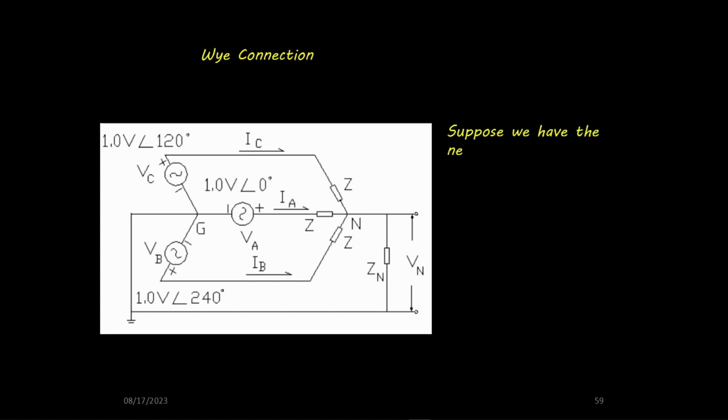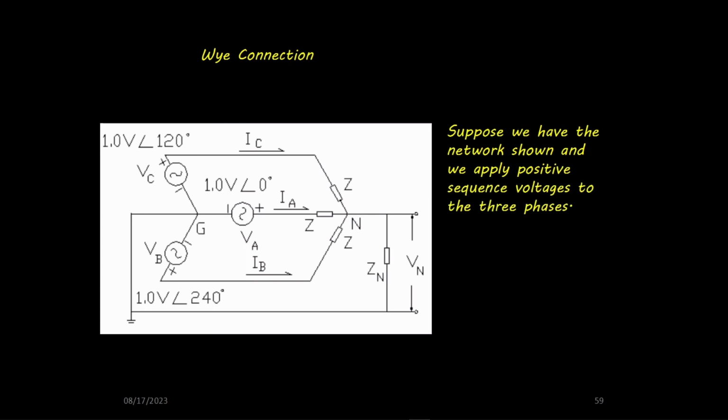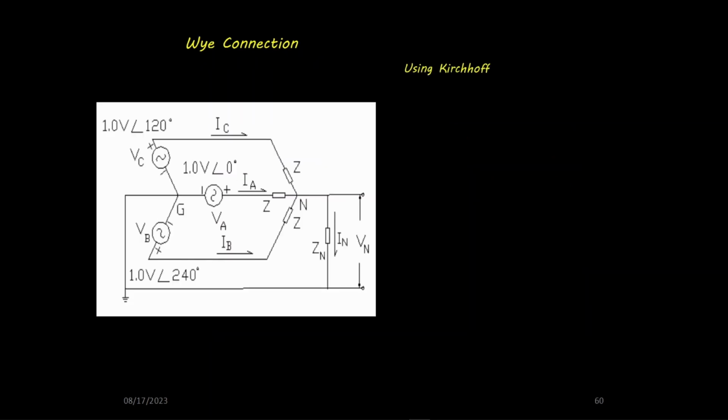Suppose we have the network shown, and we apply positive sequence voltages to the three phases. Voltages of equal magnitudes spaced 120 degrees apart. What are the currents and voltages in the network? Using Kirchhoff's voltage law around three loops,